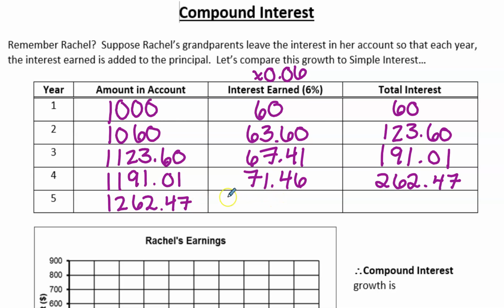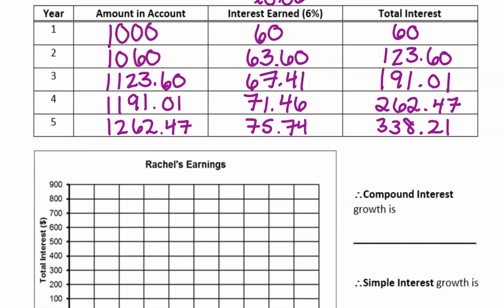We calculate interest again on this amount. So $74.74. Okay, so now in total, we have earned $338.21. Okay, so you can compare that to the numbers from yesterday,